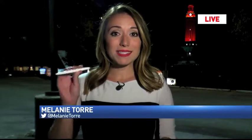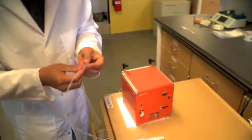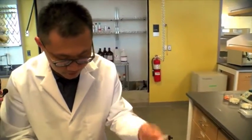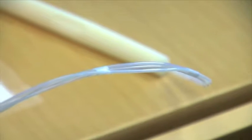Yes, I did, Hema, and it's the size of a pen. It isn't this pen specifically, but a team of chemists, engineers, and medical professionals developed a pen that can detect cancer within seconds of touching human tissue. So this is a 3D printed tip and has three tubing. A surgical device that provides real-time diagnosis. They're calling it the Spec Pen, and soon it could help surgeons remove more cancer and spare more healthy tissue